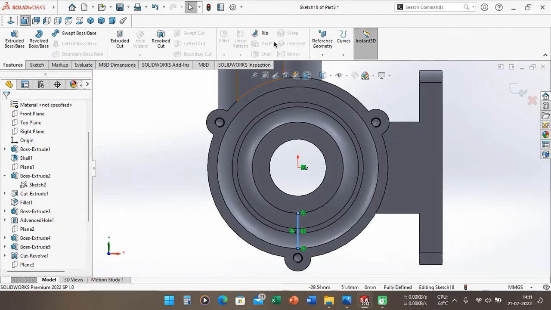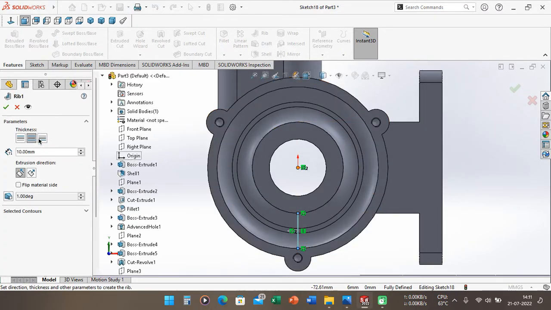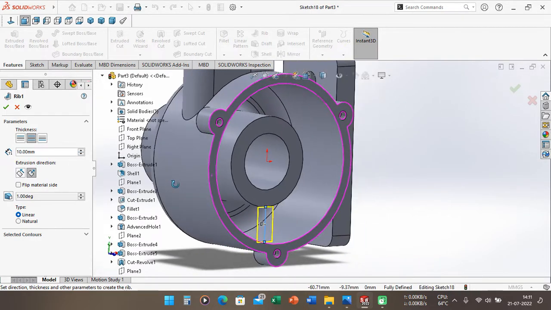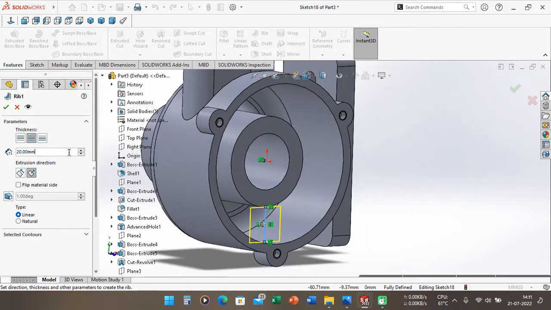No, we can use the rib here, and we can choose number 2 here, and we can use the extrusion direction. We can reverse here until that, we can just here up to next, flip material side here.